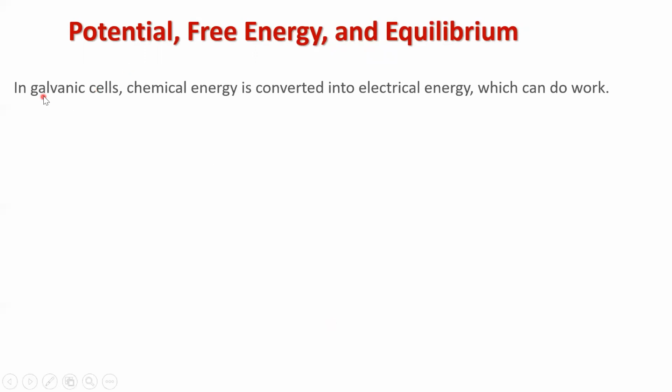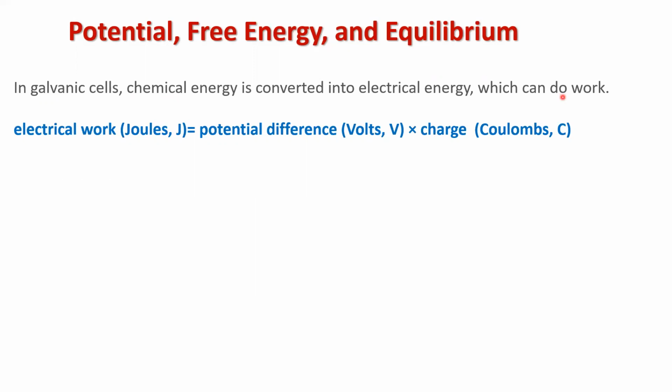So when we look at galvanic cells, they take chemical energy in that redox reaction and convert it to electrical energy. And the electrical energy can do work. So that gives us an equation. The electrical work that can be done by a galvanic cell equals the potential difference between the reduction and the oxidation times the charge, and the charge is in terms of